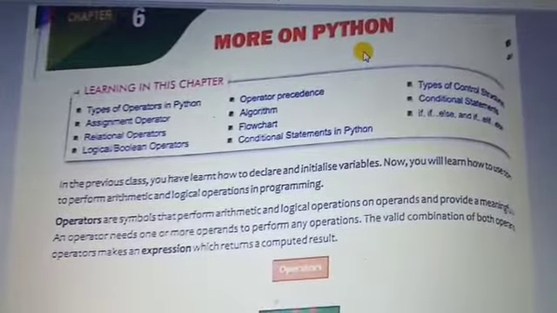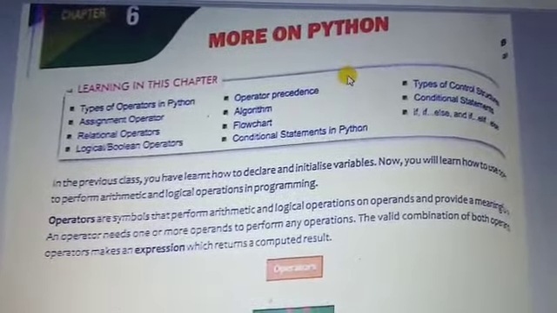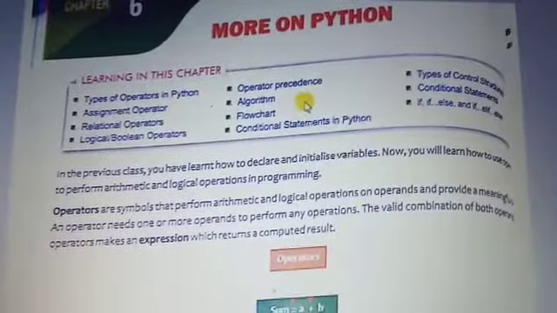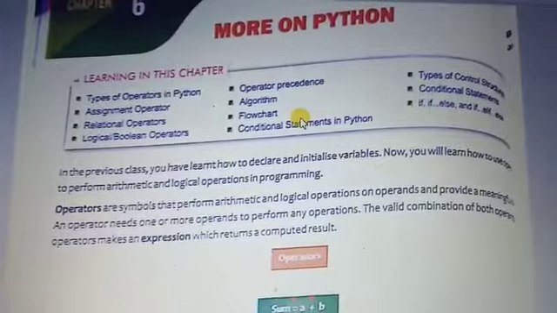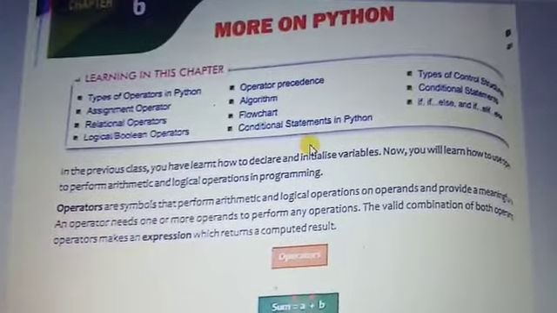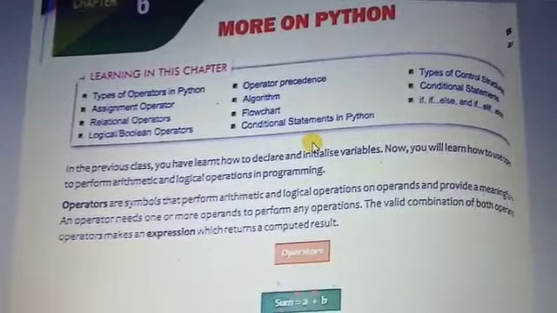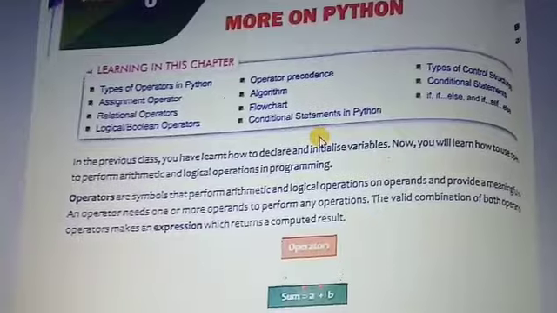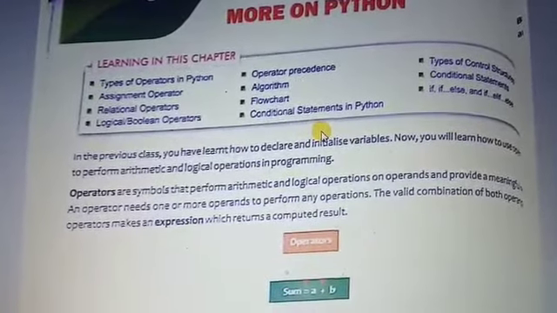Python works in two kinds of modes. One is interactive mode, the second is script mode. In interactive mode, it provides the command prompt. On the command prompt you just type the command, press the enter key, and you get the resultant output. Whereas in script mode, you type the commands, then save them. After that, you execute it, and then you get the output.